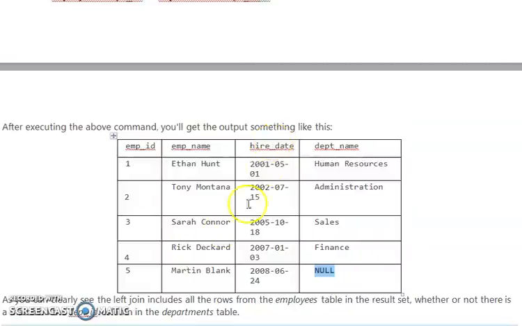This is a left join because all the records from the left table are taken in the output.